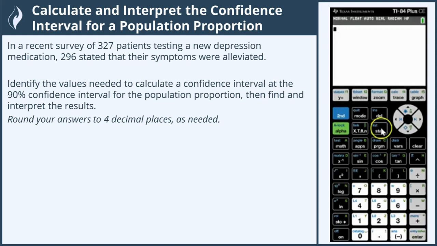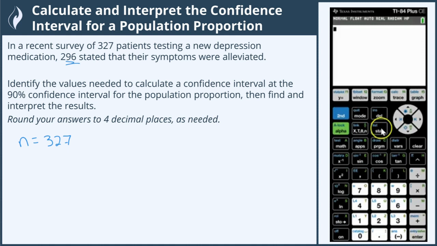Okay, so we are going to find a confidence interval for a population proportion here. Since we're dealing with proportions, we're going to look for a sample size and a quote unquote number of successes from that sample size. So in a recent survey of 327 patients, that is a sample size, 327, testing a new depression medication,